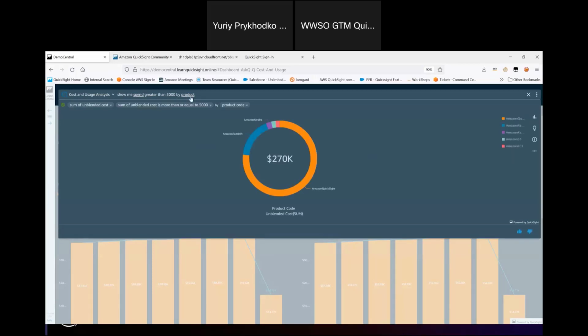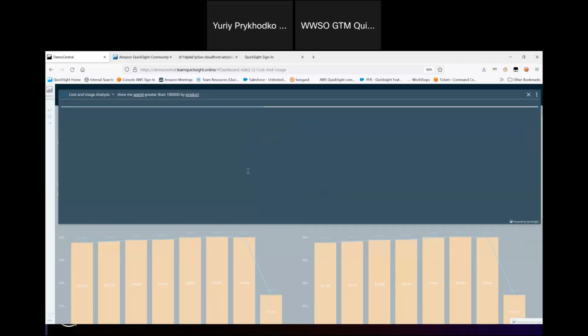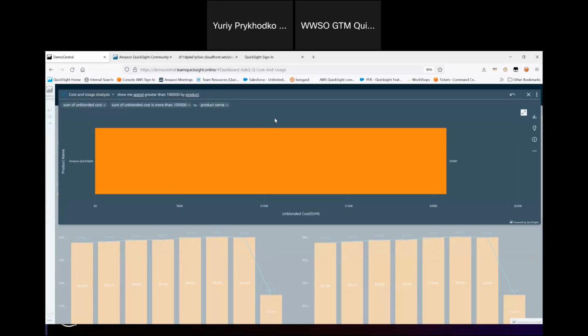Q detected that spend and product are keywords, and I get this donut chart telling me that QuickSight is spending $200,000, Redshift 47,000, and these three other services are also spending more than $5,000 a month. I could just change and say, okay, I want more than 10,000, for example. Let's say 100,000, just to show you how it works and how the result will be updated